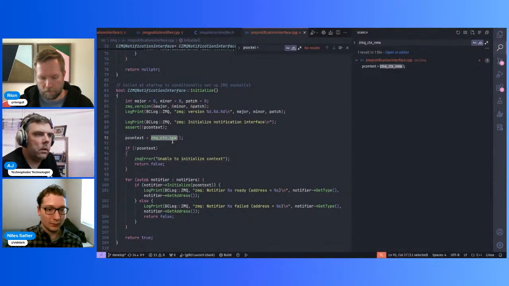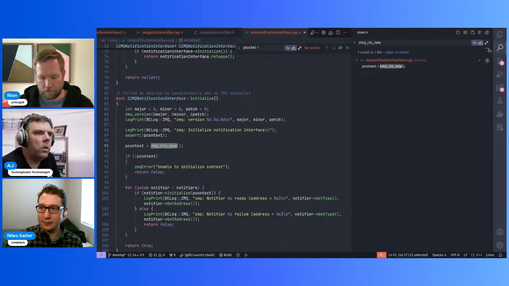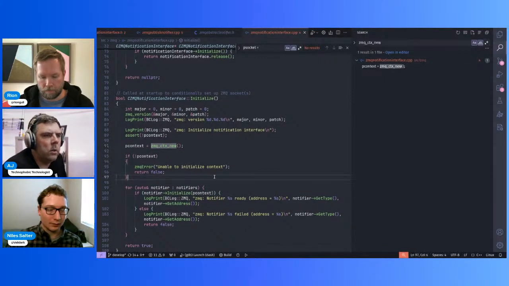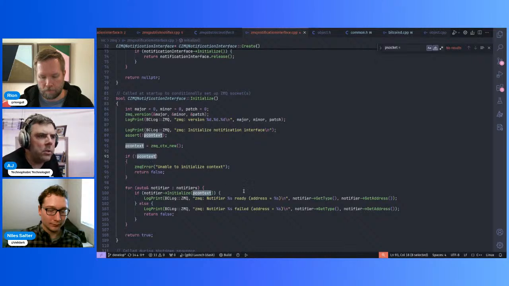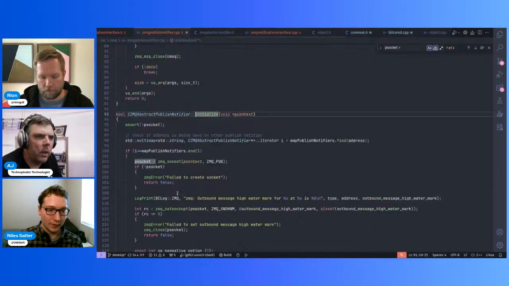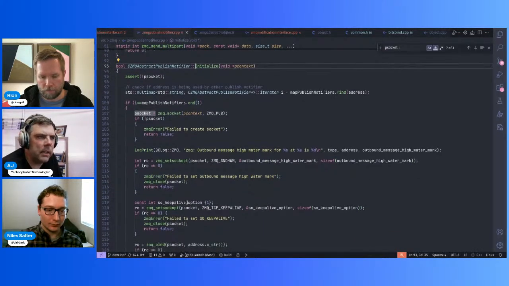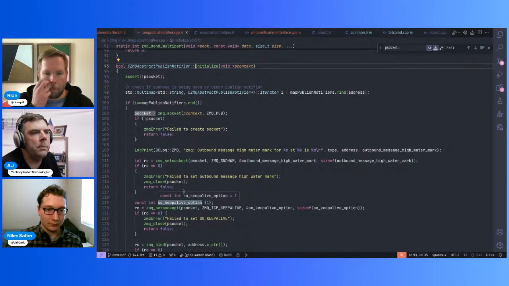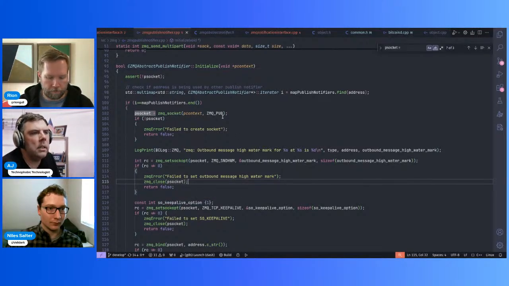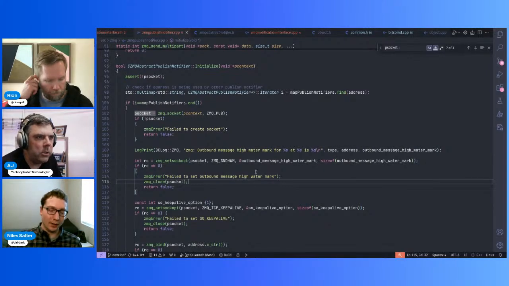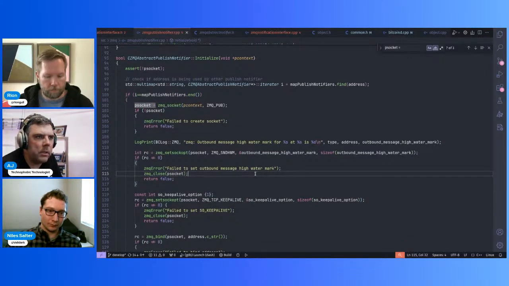Okay. Look for where the p context is used. It had like a get address there just a second ago. I don't know what just happened, but there was a get address. Okay, is ready. Get address. Set socket. So this is C code. It's calling out to libzmq. So it's creating a ZMQ pointer from C, and now it's doing set sock opt and outbound message, size of